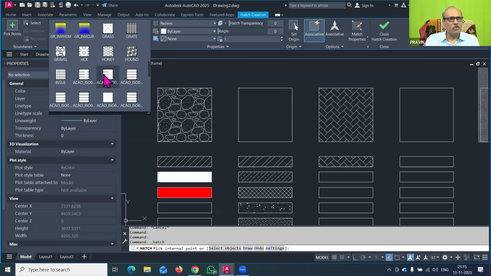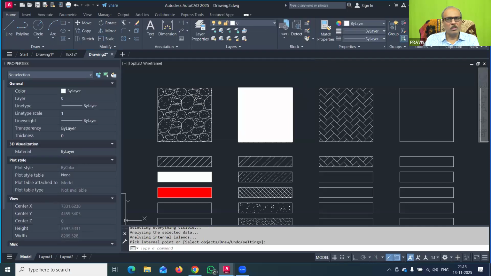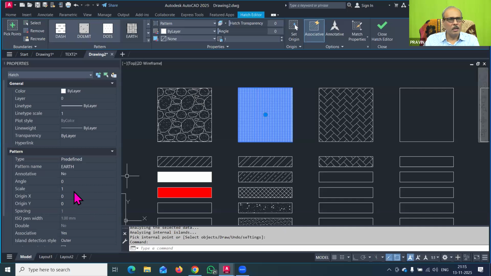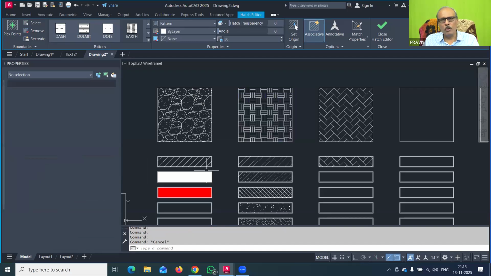Then sometimes we require this earth pattern, so you can also use it from here. Earth pattern, you just click it here and close this. Now in the scale you have to adjust, select that hatch pattern, and try 5 first. It is again so dense, so I will type 20, and yes, 20 is okay for that.